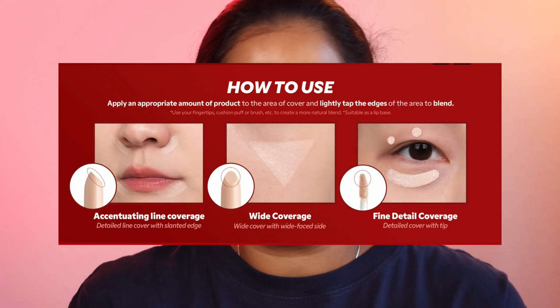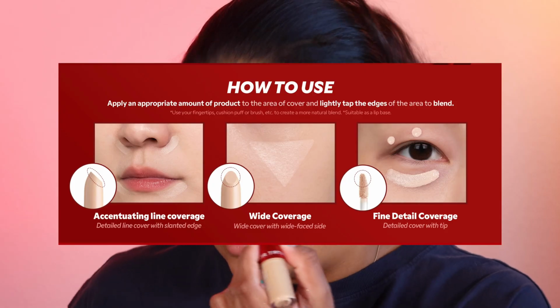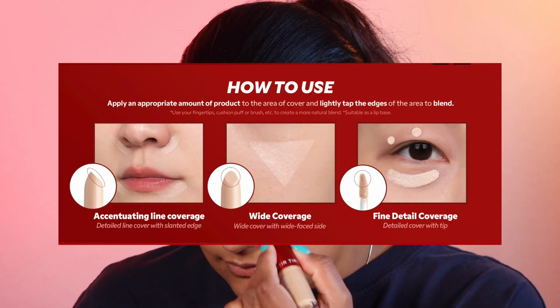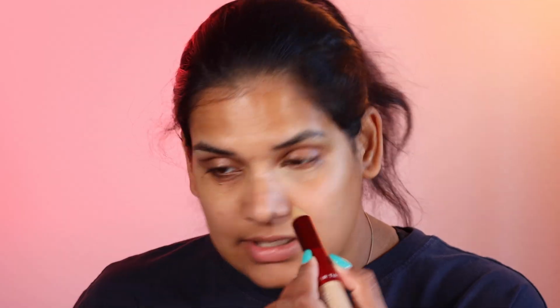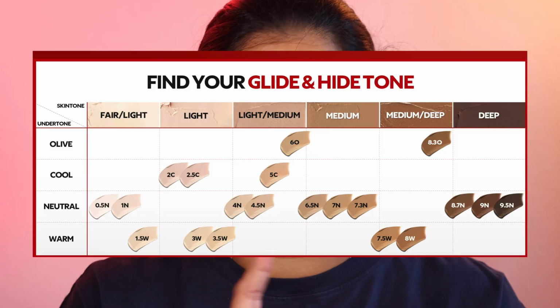So it has two sides to it, which I don't know if I've ever really seen a concealer like this. And I'm not actually even sure which part goes where. I was trying to do some reading, but I'm also impatient. And these eye bags are designer, so I'm just going to directly apply this under my eye, and we're just going to see what happens. I did try the liquid part in yesterday's video. I wasn't filming my makeup application as much yesterday because I was up late. So this is my second time actually trying out this concealer, but I haven't tried out the lipstick looking side